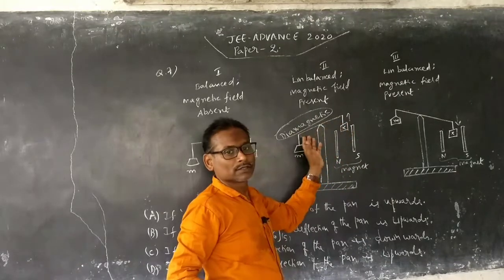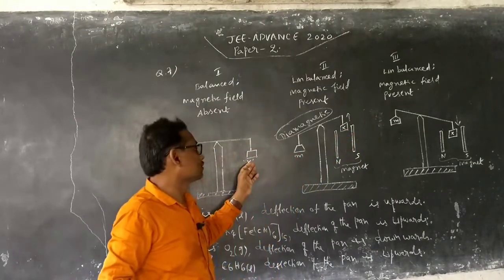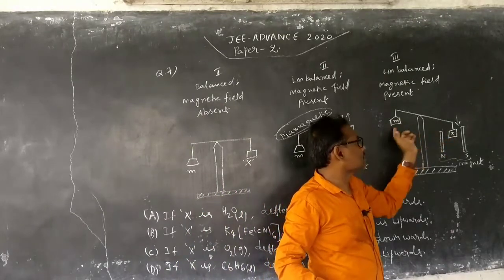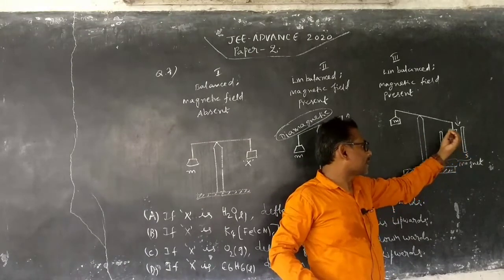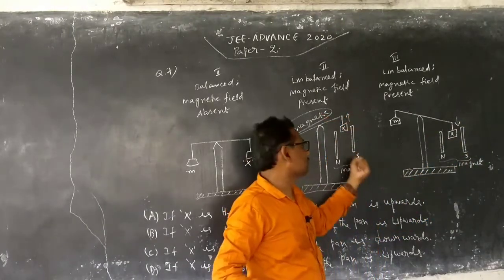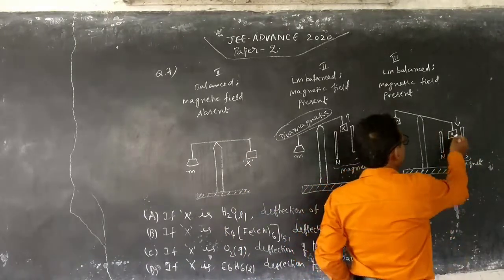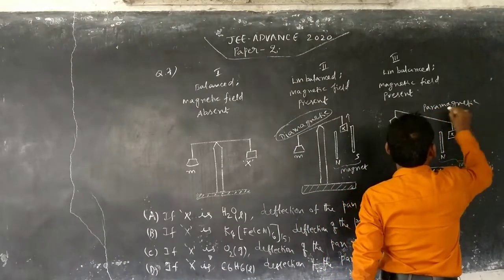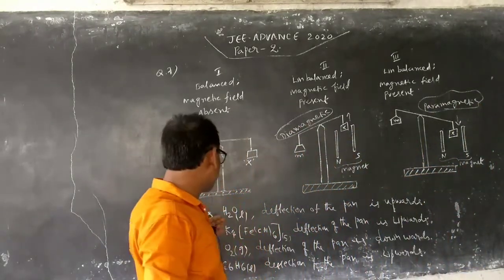It is an unbalanced situation. The substance is unbalanced with the given mass, but earlier it was balanced. Now if you go for the second scenario, once again the mass and the substance are in an unbalanced manner. In this situation the substance X is attracted by the magnet, it is pulled by the magnet. Pulling is possible when the nature of the substance is paramagnetic. So from this diagram I can understand the nature of X is paramagnetic. So we must be able to say which substance is paramagnetic or which substance is diamagnetic. Based on that we can select the options.